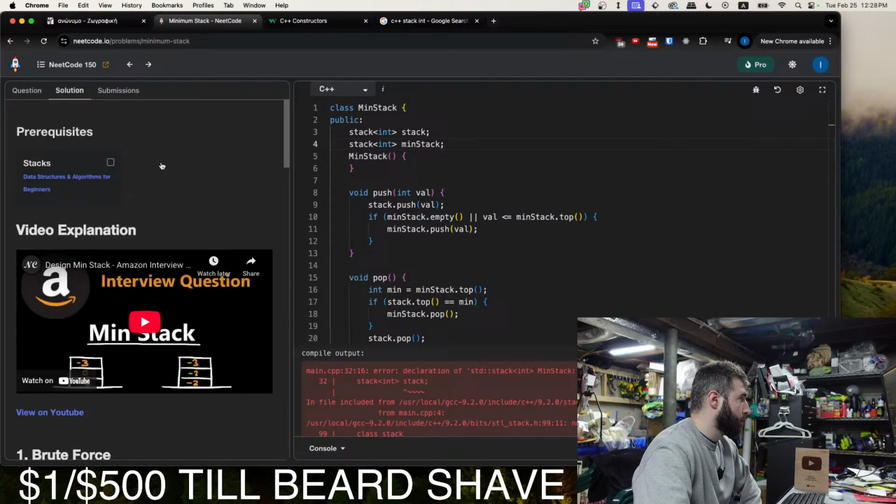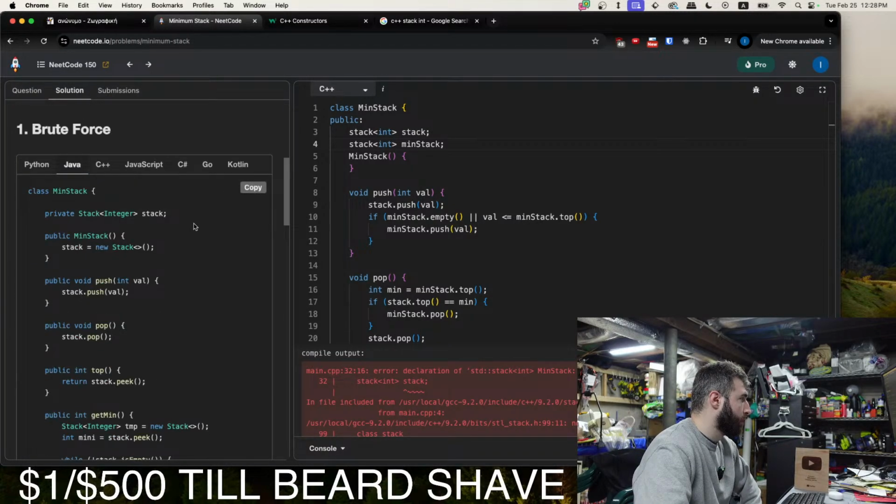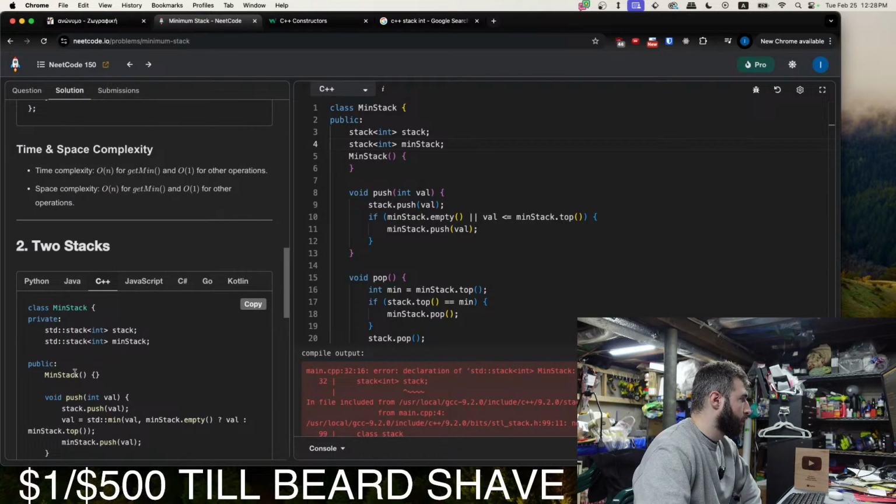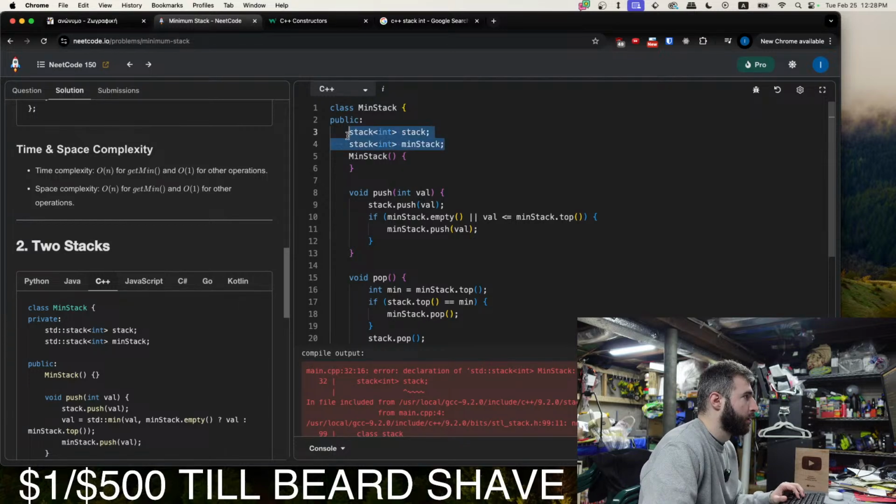What does the function say? In C++, they initialize it. Okay, so the constructor is empty. They make them private variables, which makes sense. They define it with the standard library.